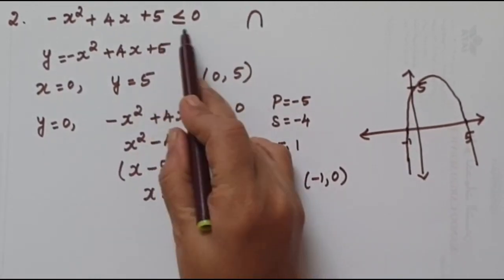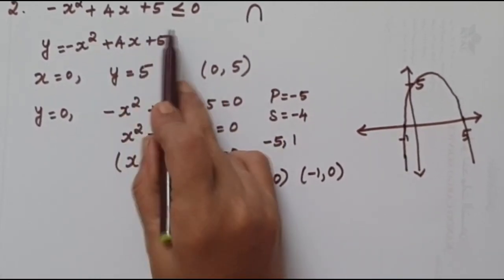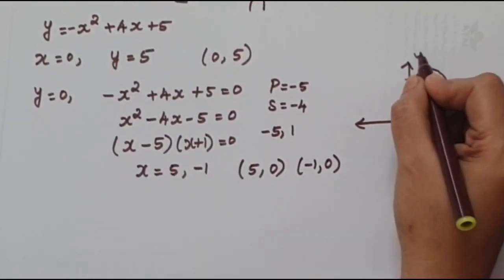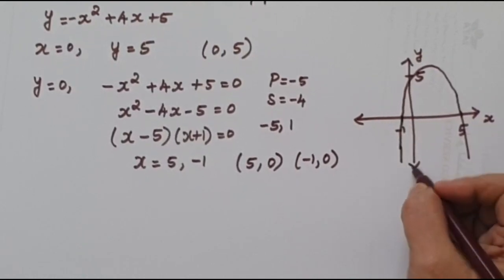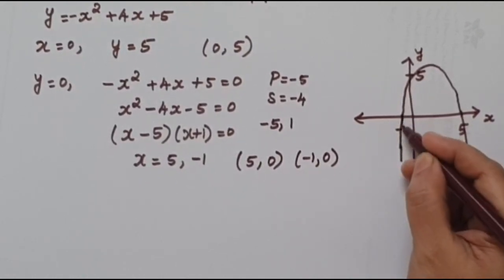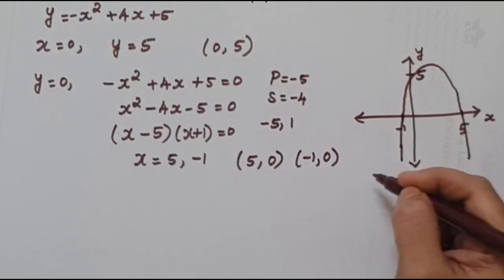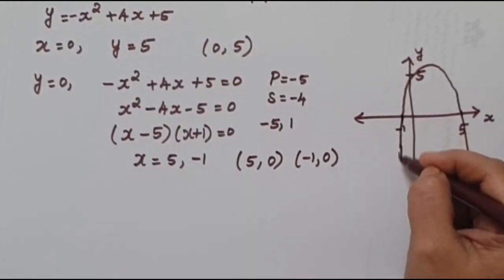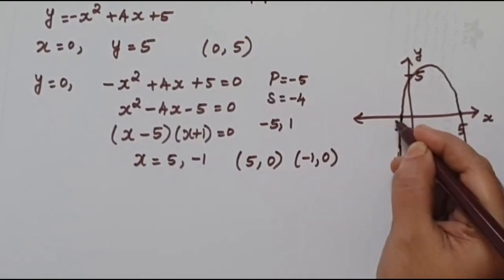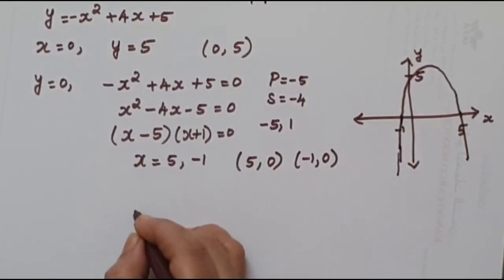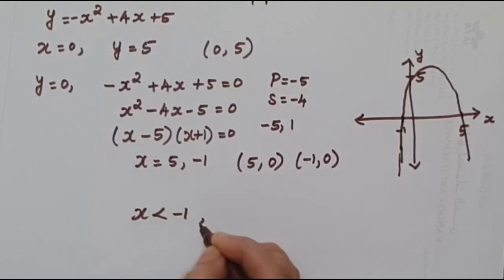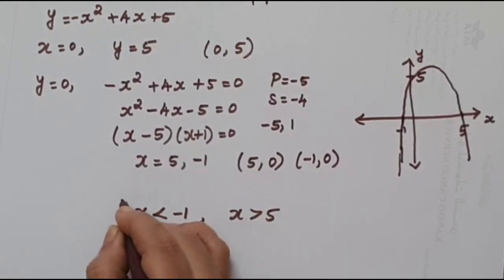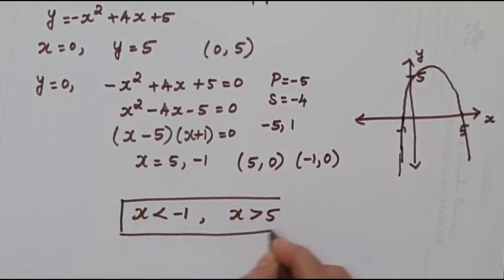So now again, the equation which has been given to us is less than or equal to 0. Where is it less than or equal to 0? Below the x-axis is less than or equal to 0. How many parts of the curve are there below? It has got 2 parts. So when it has got 2 parts, we write 2 solutions. That is, when the curve is extended, it will go on to this side. So these values are all x is less than minus 1, and these values are all x greater than 5. So this will be our solution.